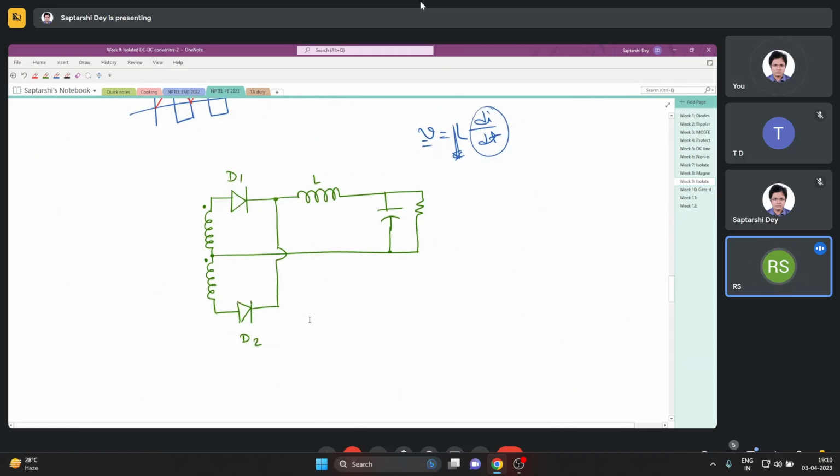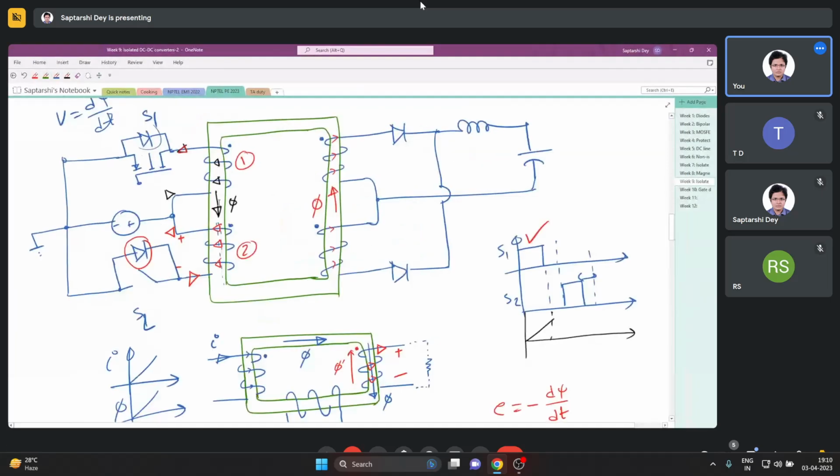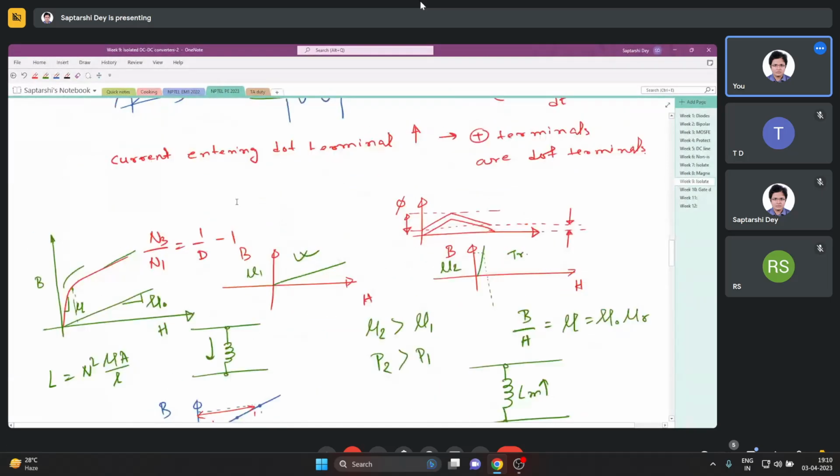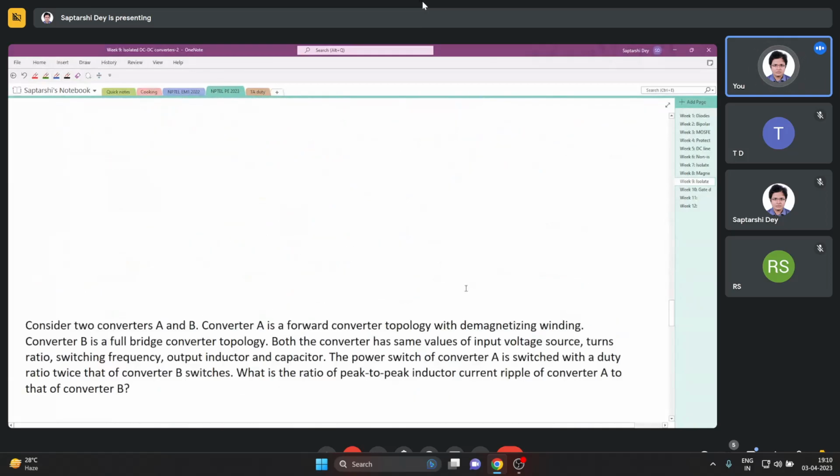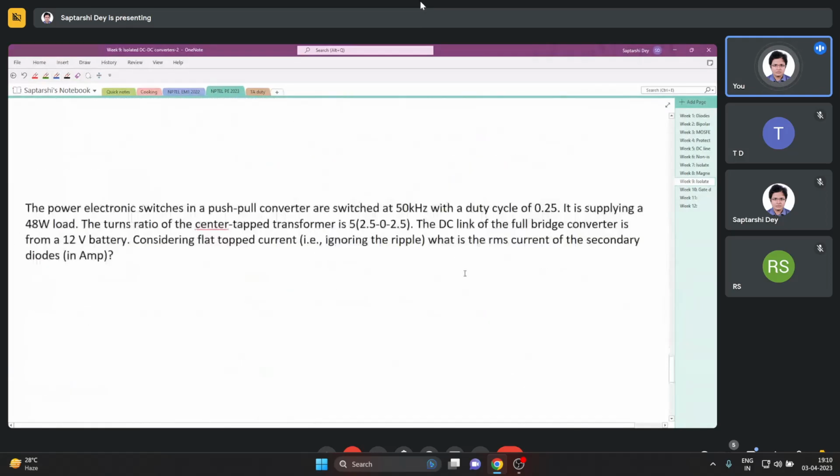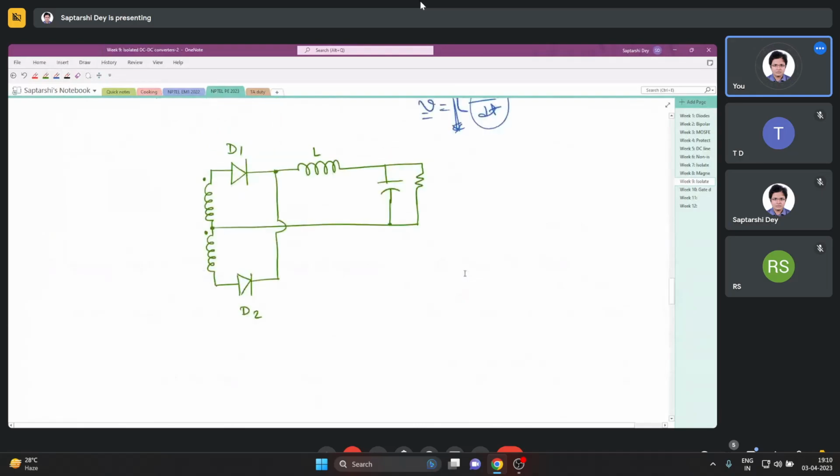Okay. So push pull converter we have seen. The next topology is, sorry, we do not have many problems to discuss today, only some one, two, three, and easy problems. Anyway,